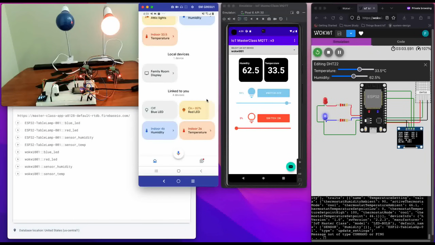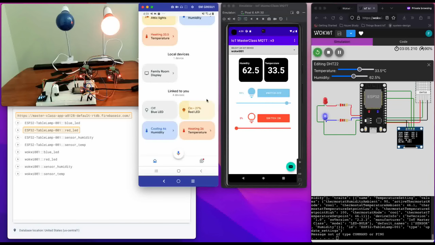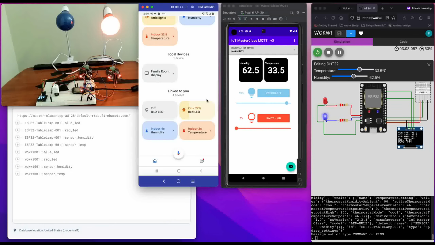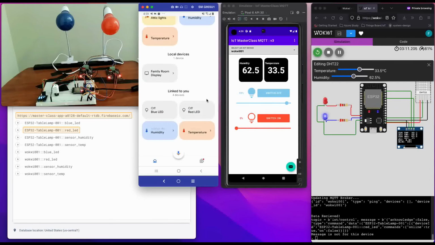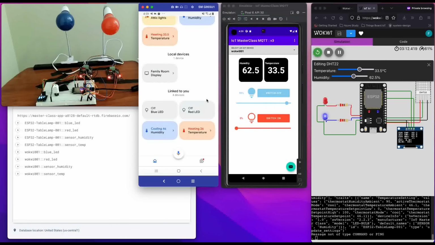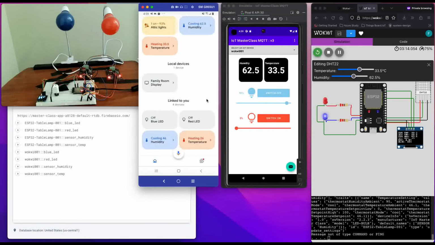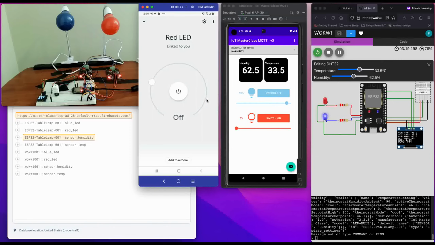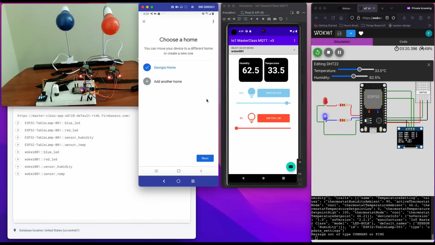So basically, those new devices have been added, right? One of the reasons why the feedback is not coming back is because we haven't added it to a home yet. So you're not going to get the real setting until you add it to a home or a room, rather. It's just linked. So I'm going to go here, add to room, and I'm going to add it to